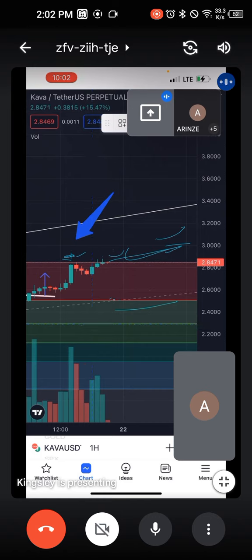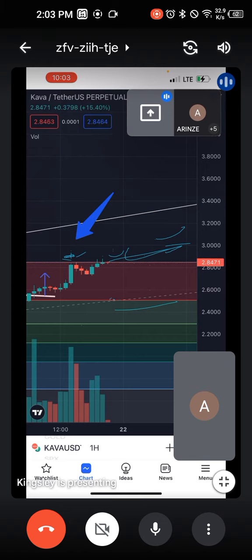If we close there can be wicks, but the most important thing is the close. This is also used in patterns, so it's not only in Fibonacci. Assuming you are looking at a triangle breakout, you are looking for maybe a 1 hour candle, or even if you are trading with daily candles, you are looking for a candle to close above or below that particular line. That is the very place that it closed. You know how a candlestick is formed? I think I've talked about it before.